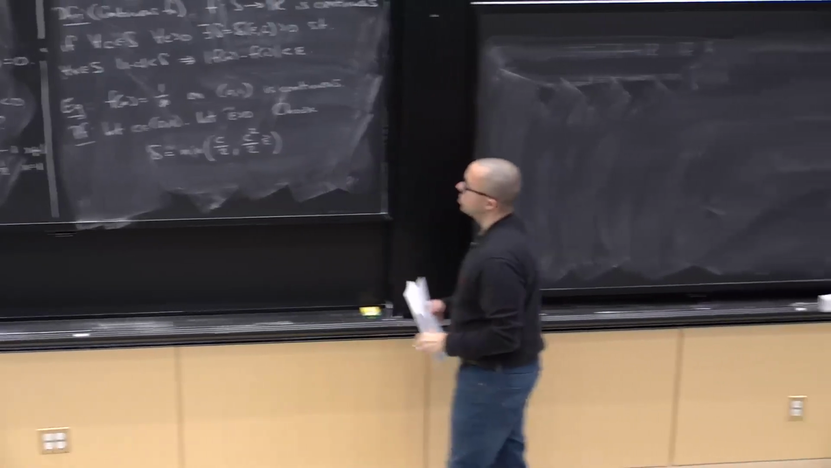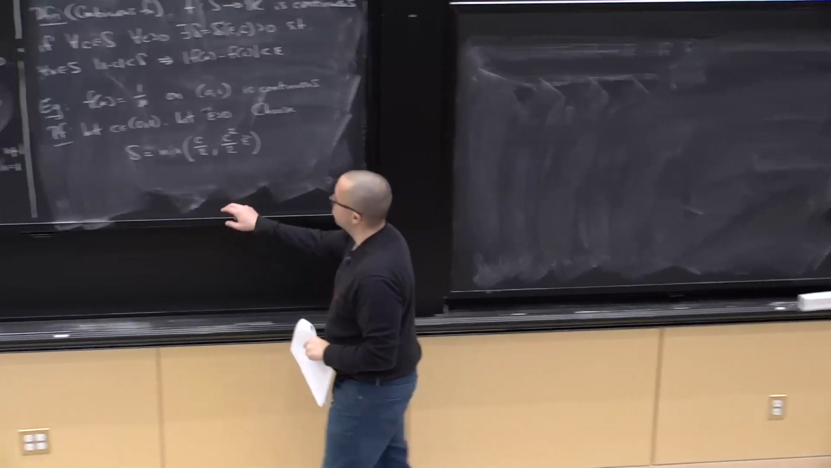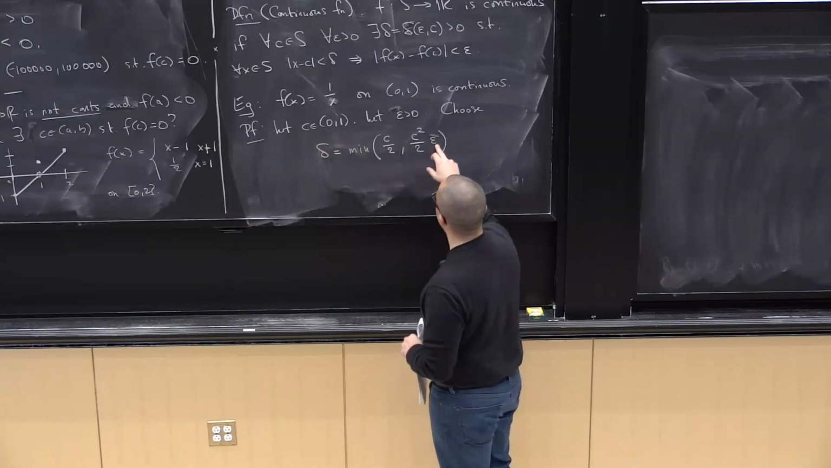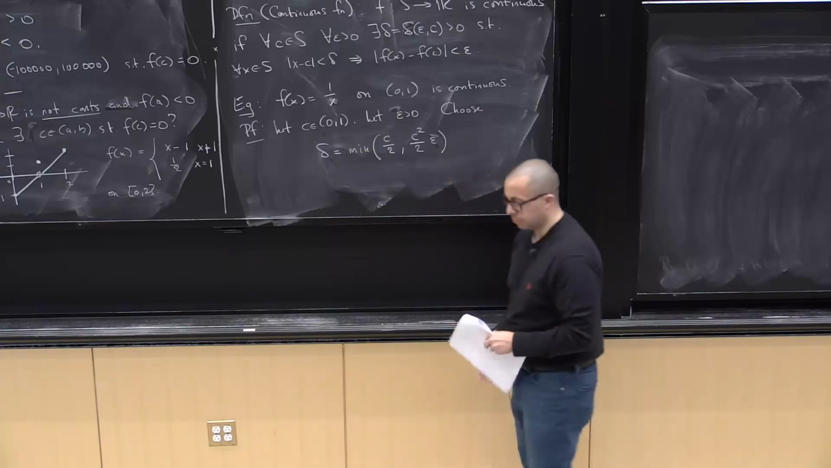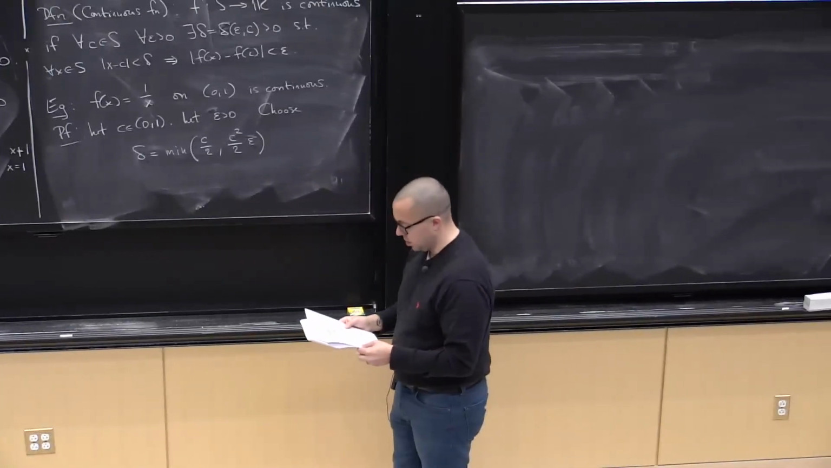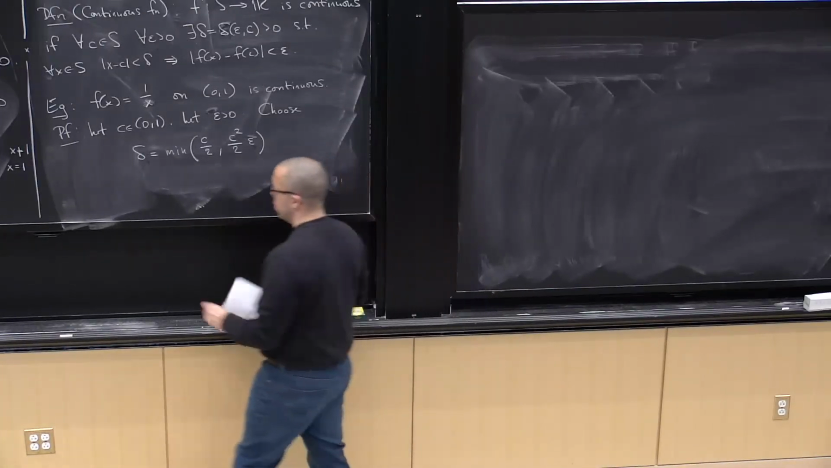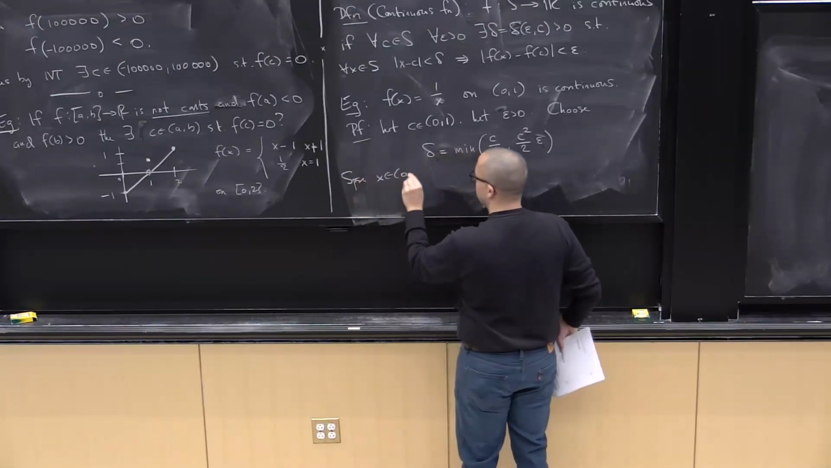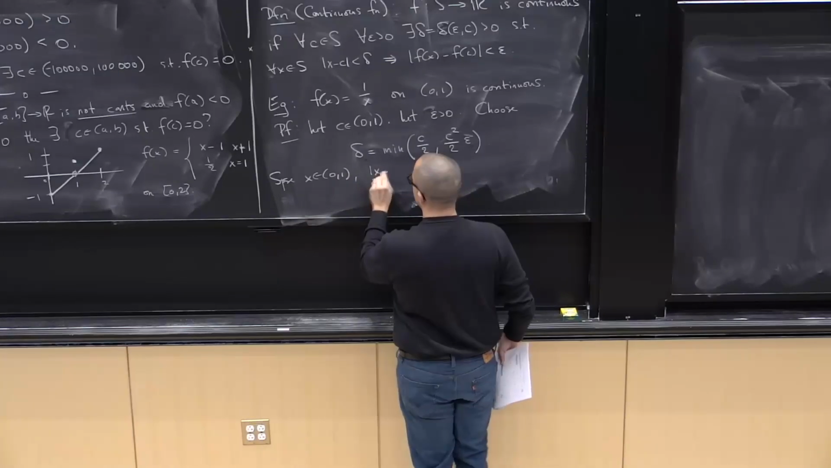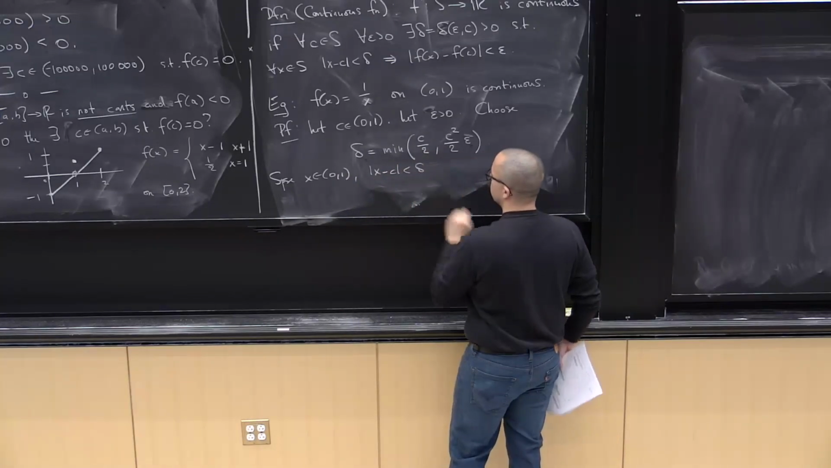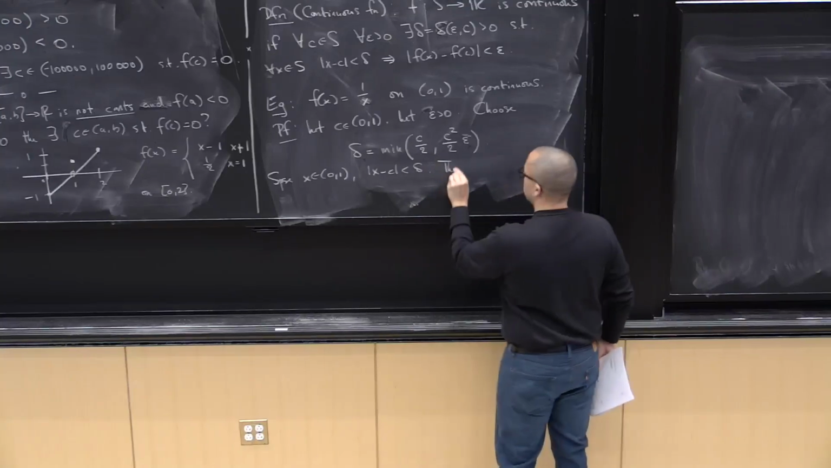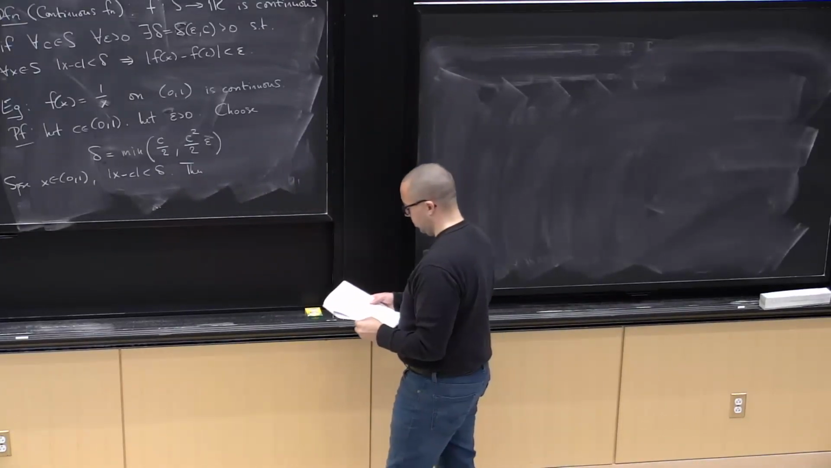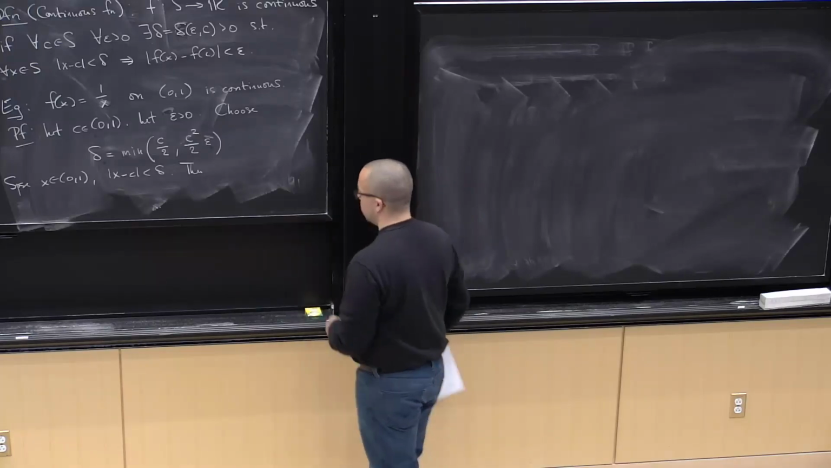So what I want to again emphasize is this delta depends on c, the point we're looking at, and epsilon. Okay? So I claim this delta works. Suppose x is in (0, 1), and |x minus c| is less than delta. Okay? Then